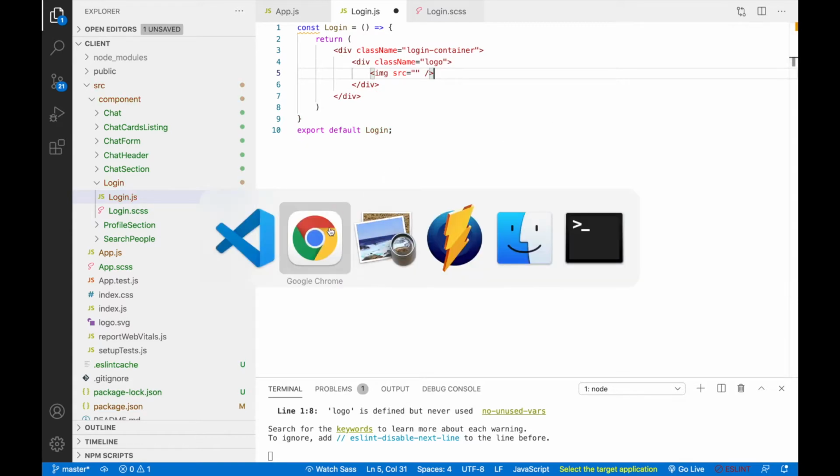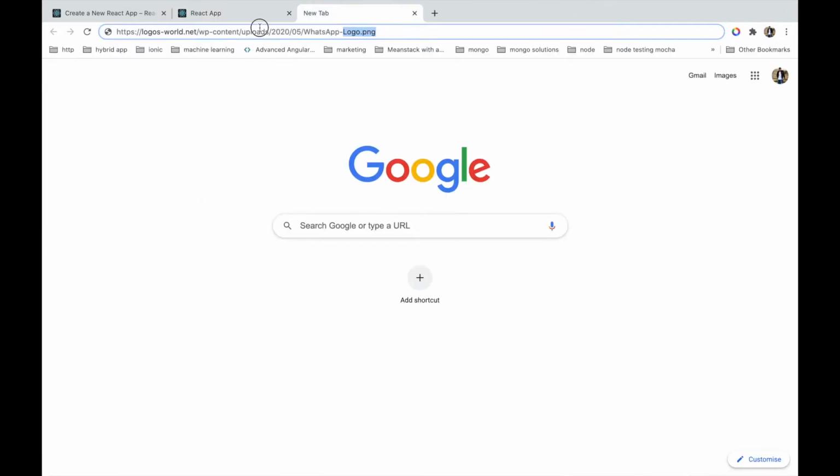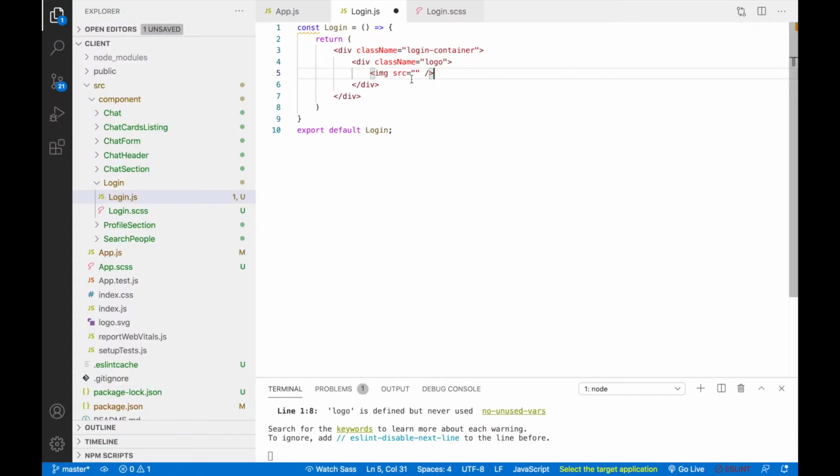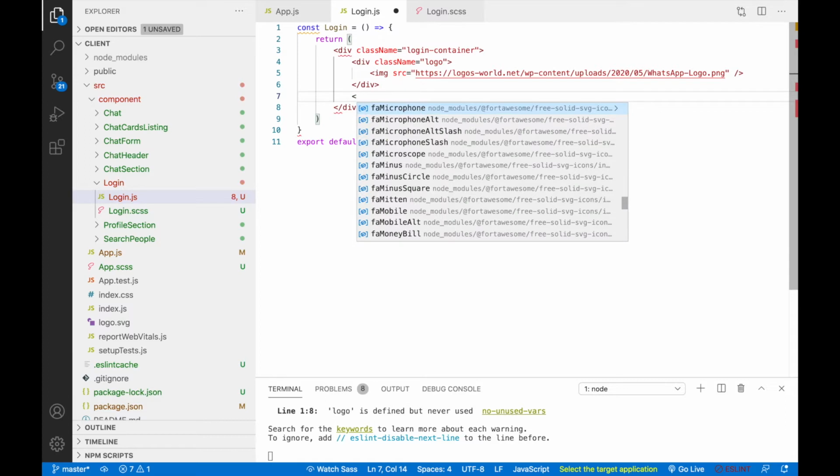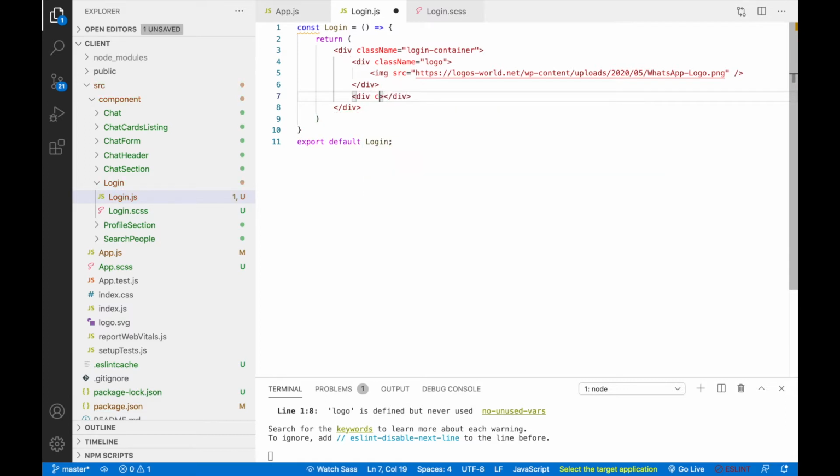So I just copy this URL here. Okay, so after this we'll create one div and the class name for this div is login form.